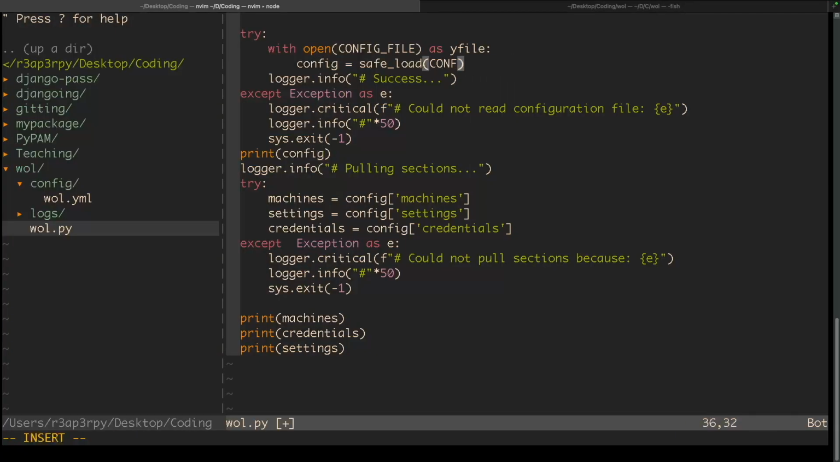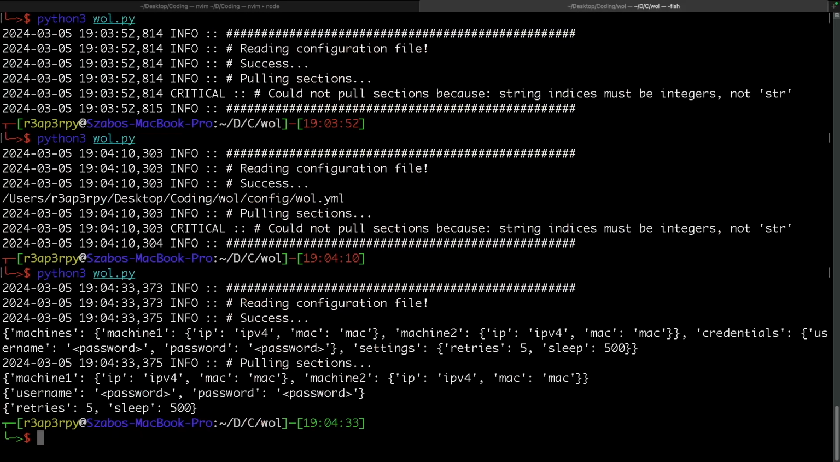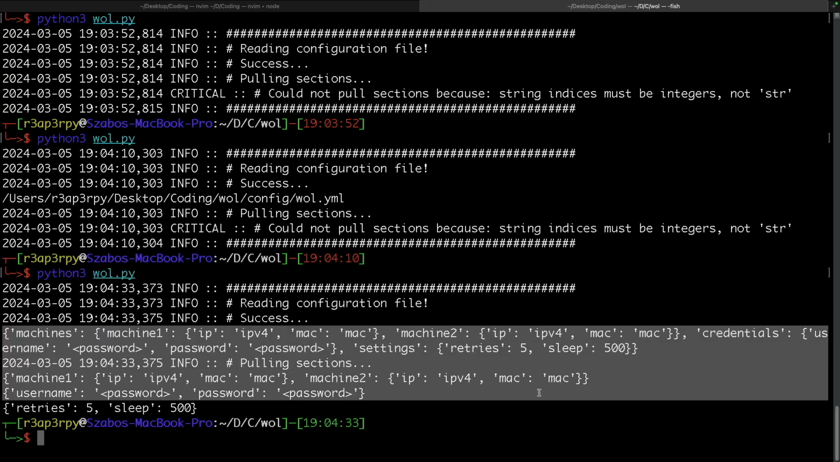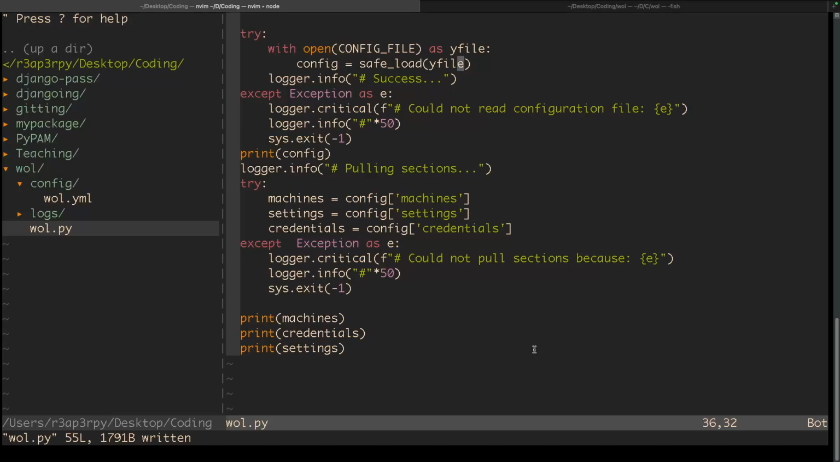Hold on. This is the YAML file that we want to load. Okay, so now we have the appropriate sections, and as you can see, this looks like a dictionary. Okay, now we have the sections. And technically, we should implement a check. So we say that,